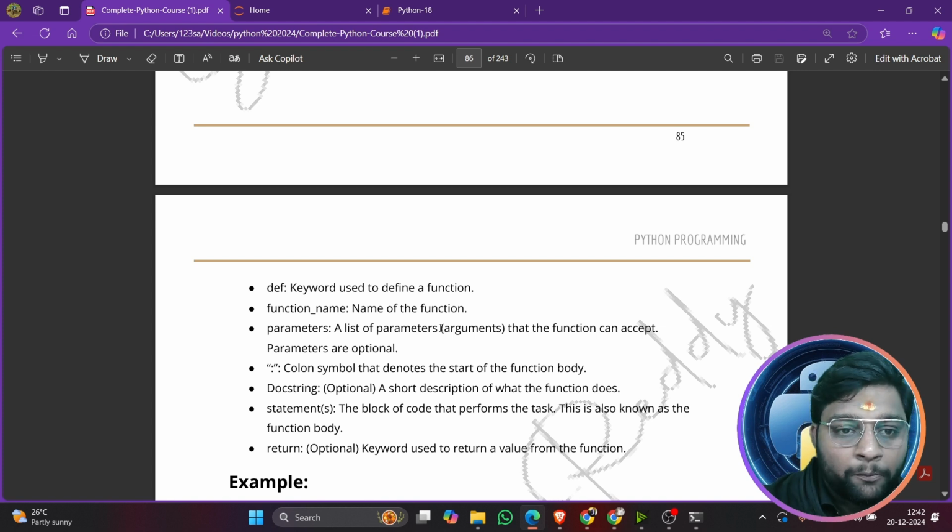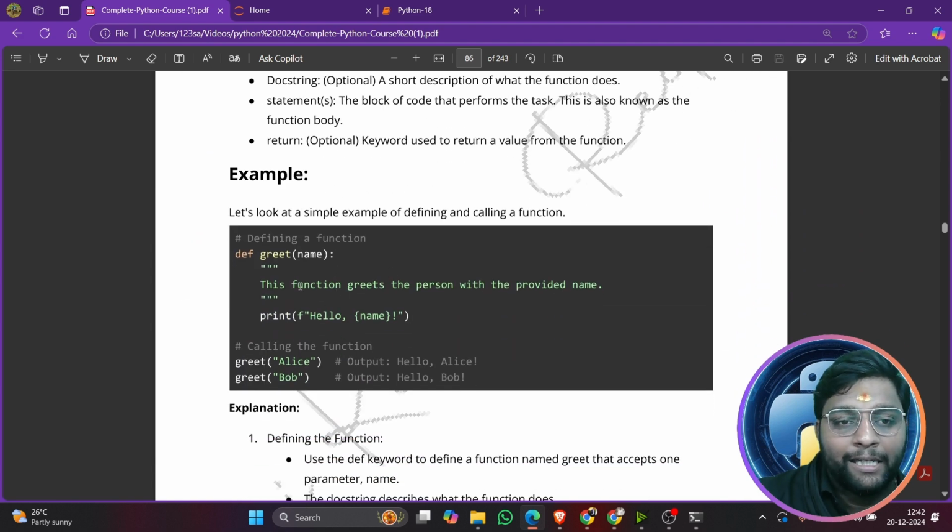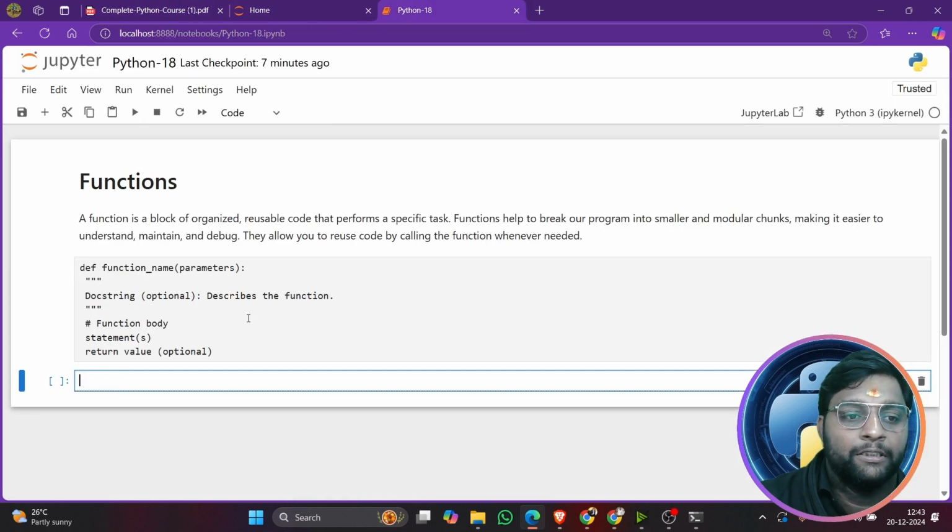The docstring is optional. If you want, you can keep it, or else you can remove it. Statements are the block of code that performs the task, or you can say the main logic of that particular function. And return is optional, you can return whatever output you are expecting. For example, you can see the function here, def greet with person name, and we are printing it. You don't need to write the docstring and can directly give it here. See, for example,